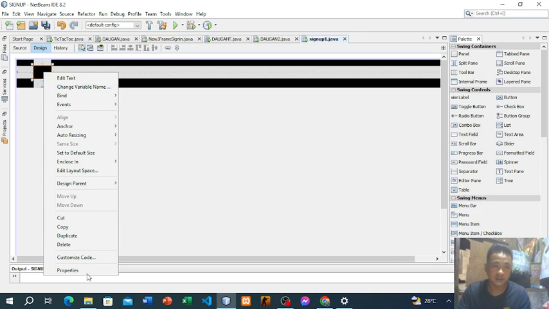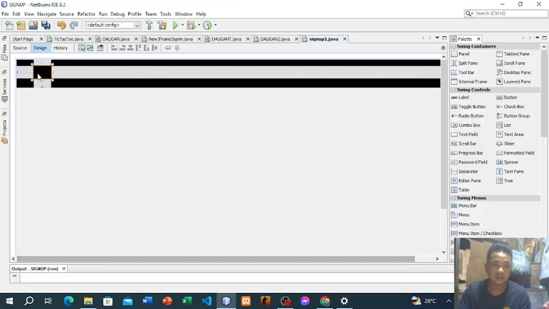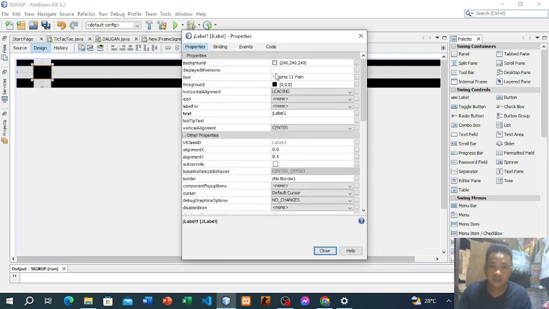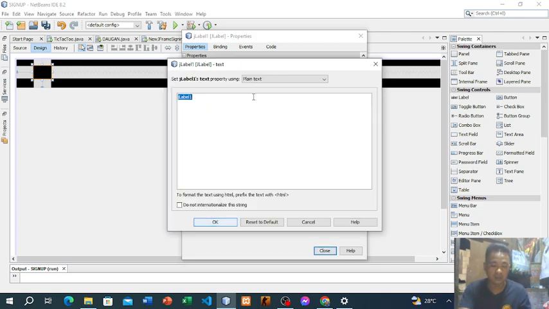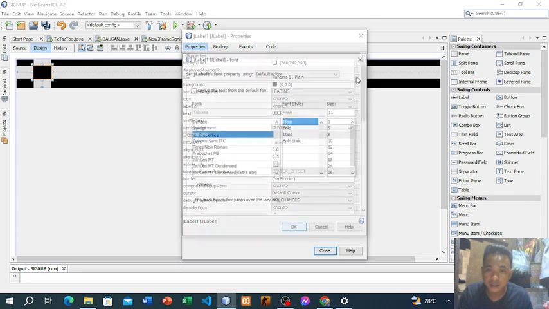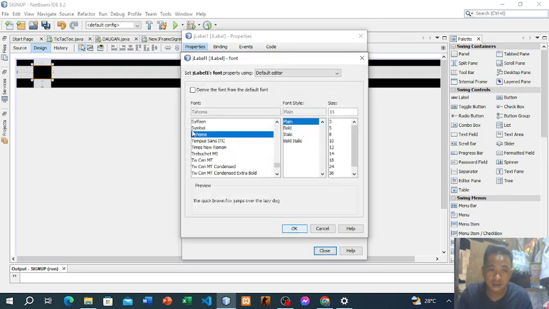First I'm going to go to properties. Going to change the text to Uber. Okay, then the font size, I think that's good.